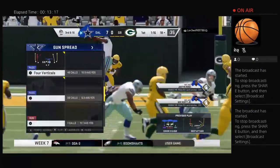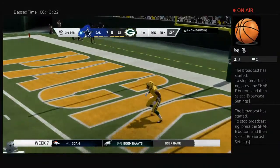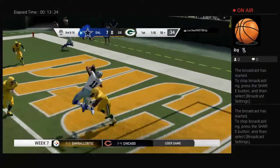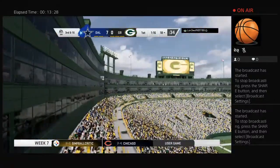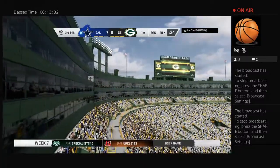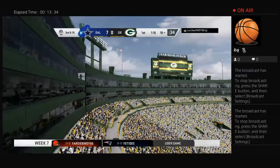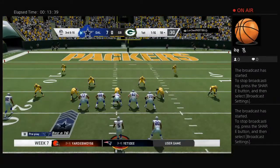Once you get into the red zone and the safeties have less ground to cover, you'd better be quick with your delivery. Not much space to get a ball in there. Yeah, when that field shrinks with those safeties, it's almost like there's a couple extra defenders out there, right? It certainly is. They end up taking up extra space just because there's not enough space for receivers to run through. An incomplete pass on that last play, and that means they'll need to come up with something here on